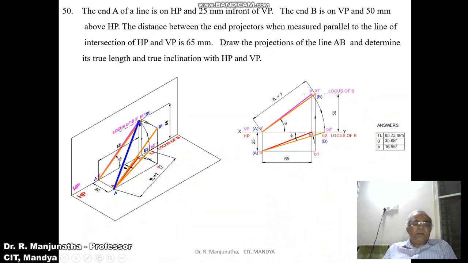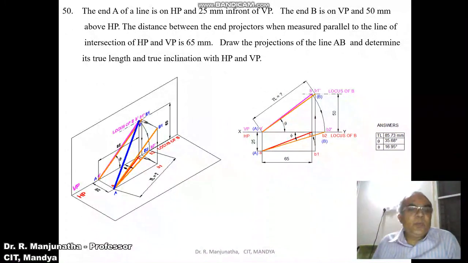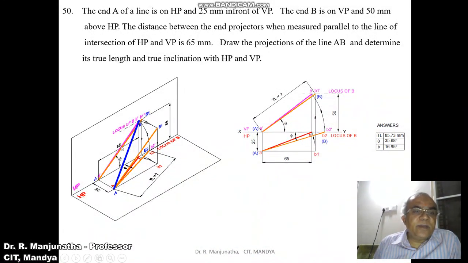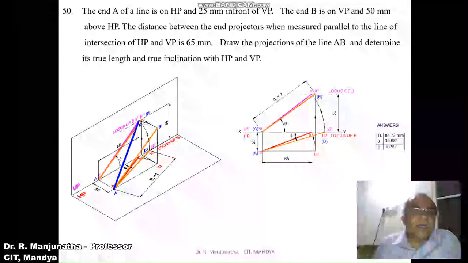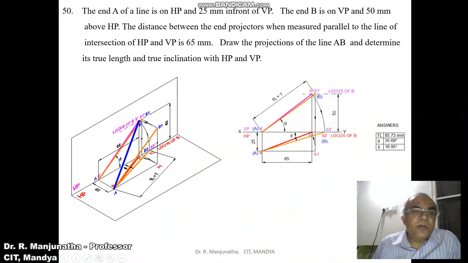Now similarly, we want to find the true length in the horizontal plane. True length in the horizontal plane means the line should be parallel to HP. When it has to be parallel to HP, with A as center taking the radius of AB, you rotate it such that A is on HP and this B, capital B, also lies on HP. So with A as center, you rotate it to make B2, capital B2, also on the horizontal plane. So A is on the horizontal plane, B2 is also on the horizontal plane.